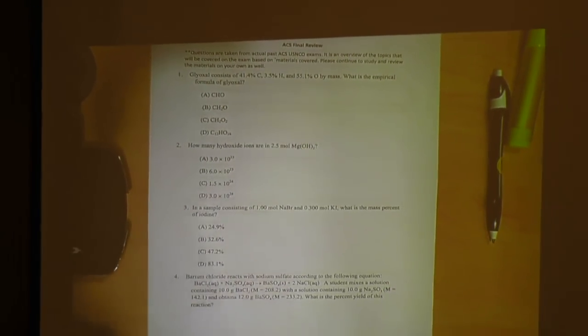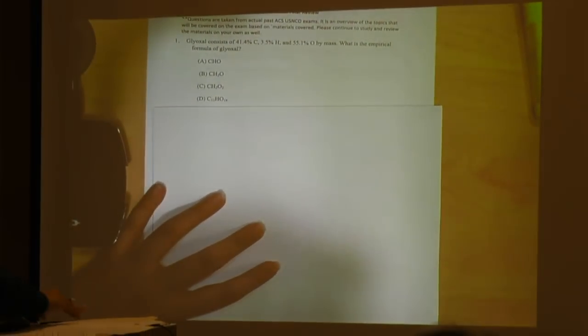So let's start. Any questions? Everyone here for Chem 1, right? Just making sure. Okay, awesome. So I'm going to solve on separate sheets of paper here. So the first question says